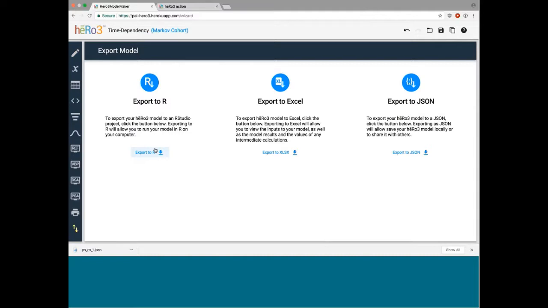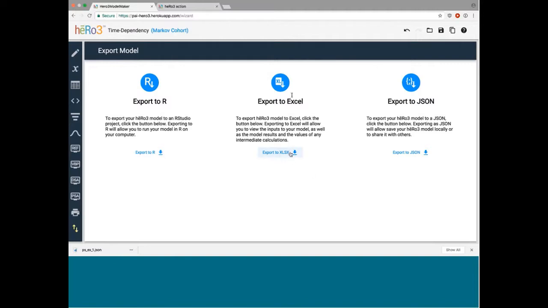So if there's some error going on with the model, you'll be able to see exactly which line that occurs at. Or if there's some point in the evaluation of the model where you want to peek under the hood and see what's happening, you'll be able to do that. Or if you just want to be able to run it without an internet connection, you can do that. And that'll just dump the results within R.